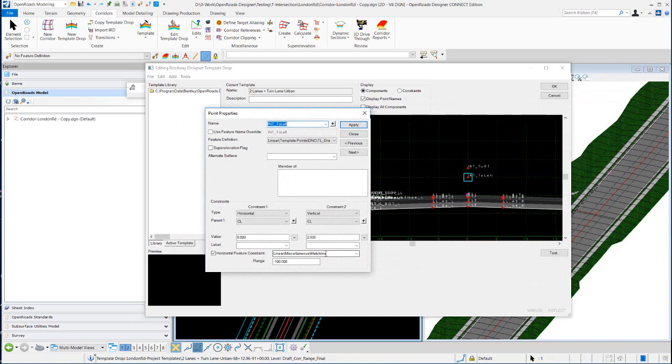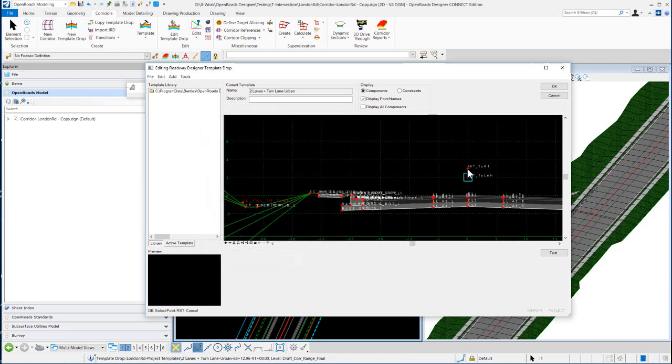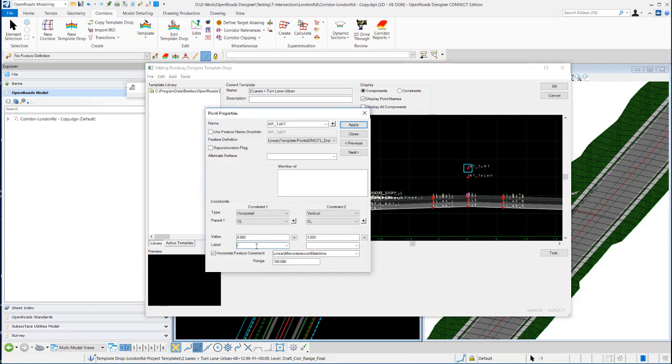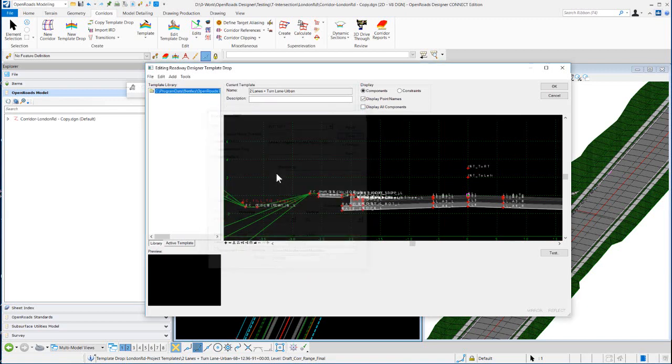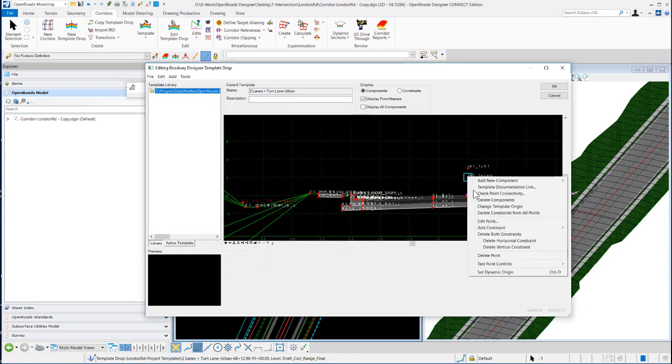So a match line, which there is a match line element in the cell. The problem is I can't target it because it would create a circular dependency. But what I can do is I can come in here and add a parametric constraint or a label here and actually apply it as a parametric constraint. So I'm going to hit apply there. I'm going to go choose the intersection right, and I'm going to put int unbar right. And so basically how this works is if this point moves,